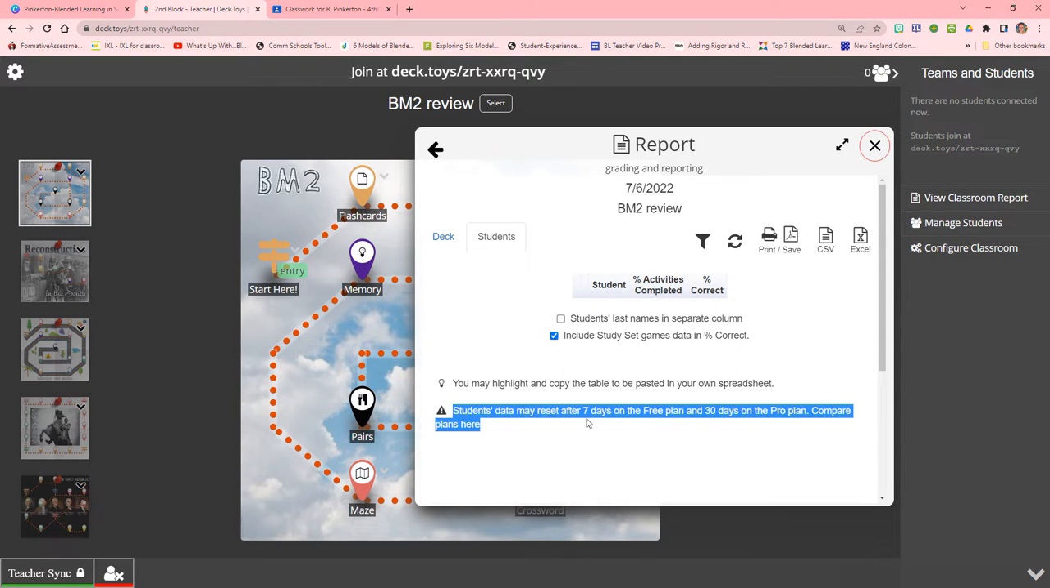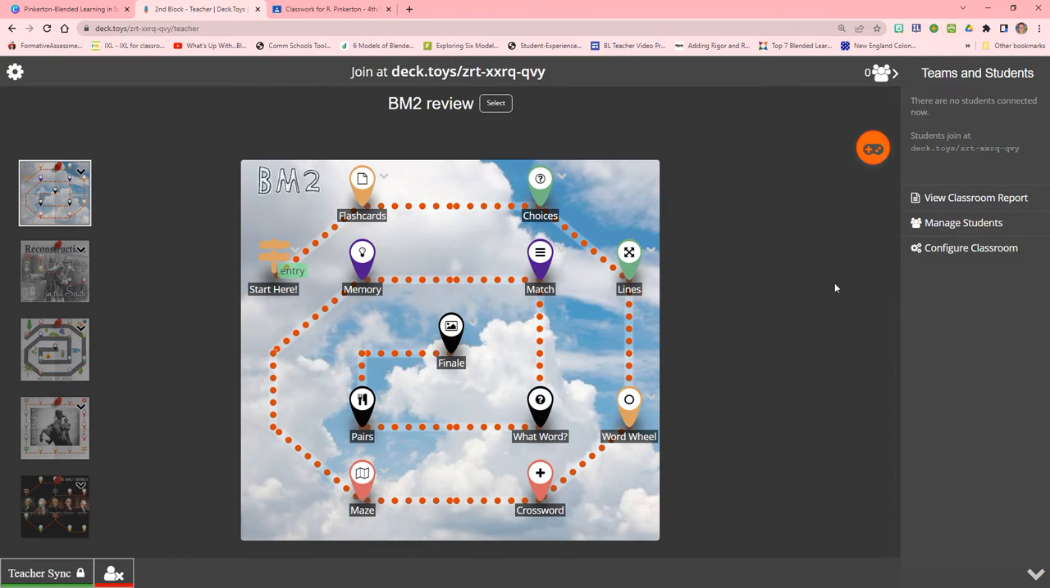As it says, students' data may reset after 7 days on the free plan and 30 days on the pro plan. I have the pro plan, but I have no data to show you, so I guess it did get reset. Okay, but if it would have saved the data, you would have been able to compare and contrast and see how they were doing, what they got, what they did not get. So let me go back to